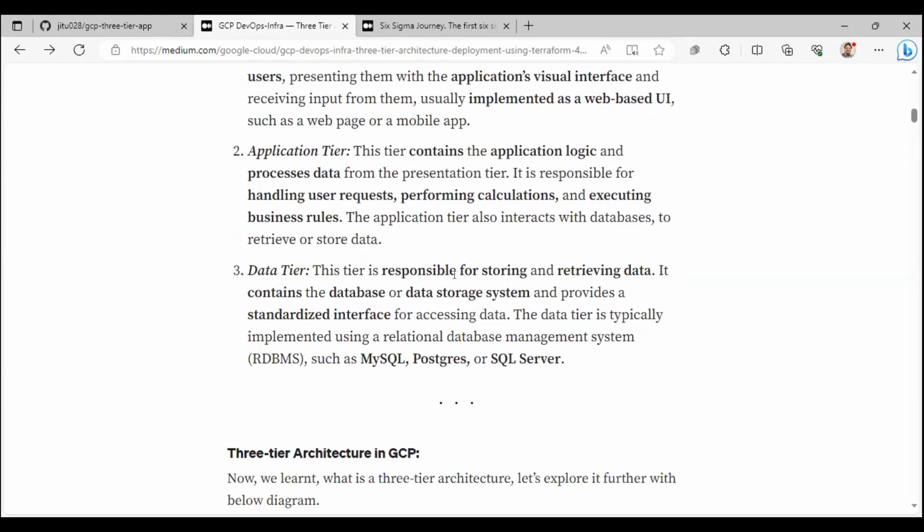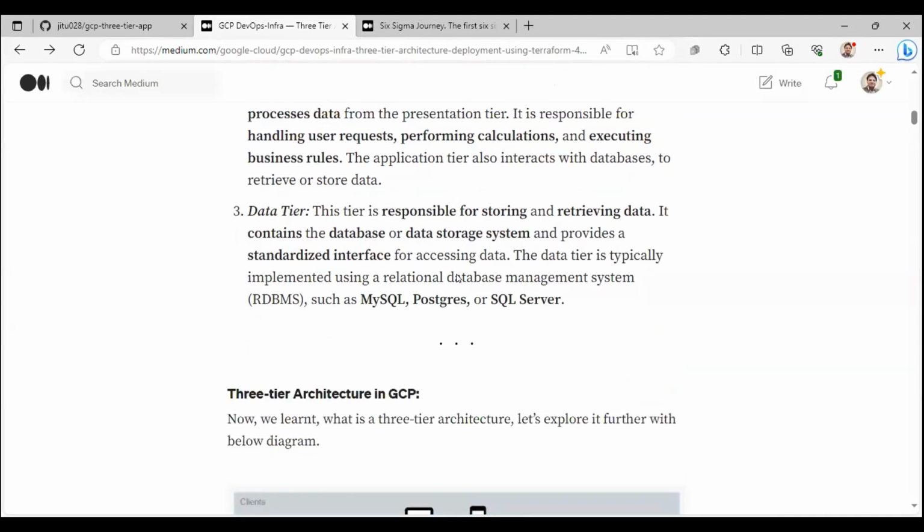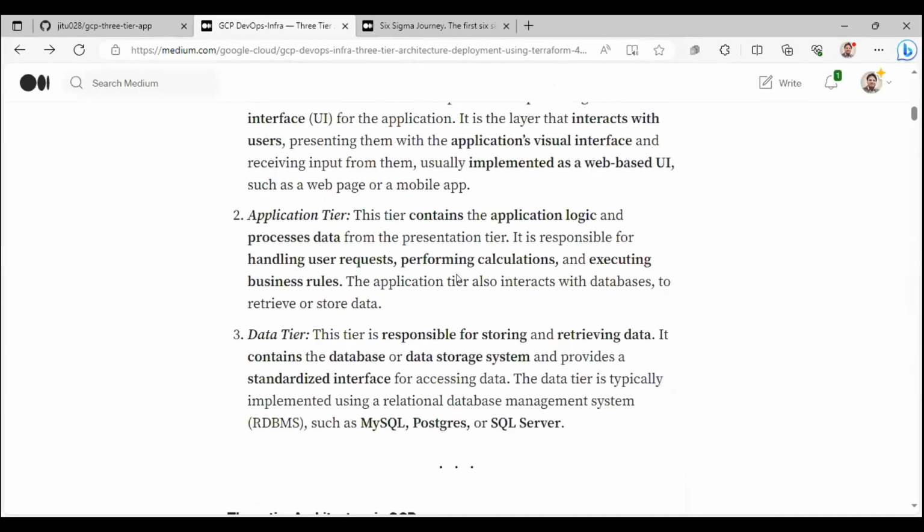stored in a database. So it is either going to store data, if it is just submitting some request for storing the data, or it is going to retrieve it for reporting purposes. Now, if these three components are clear to you,